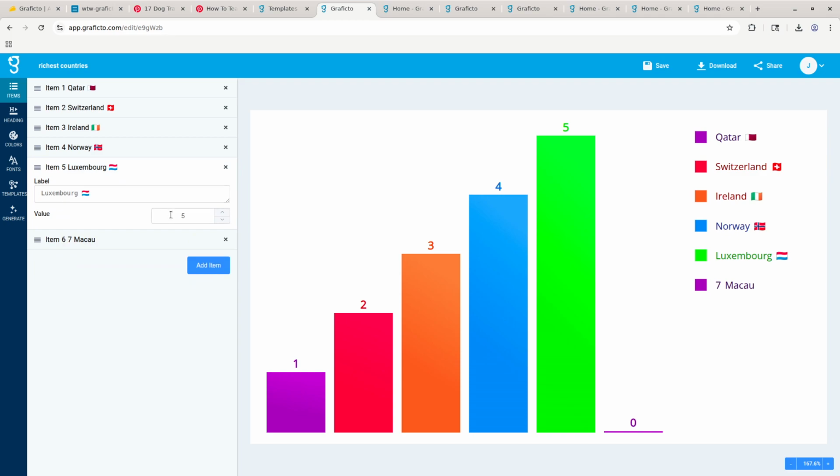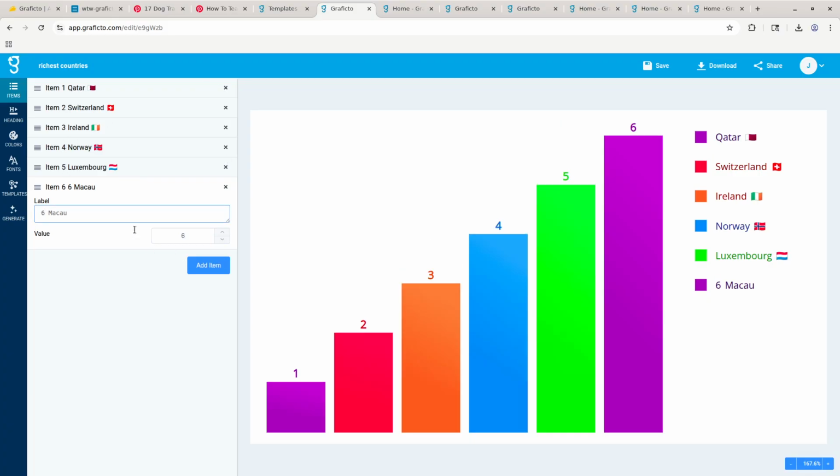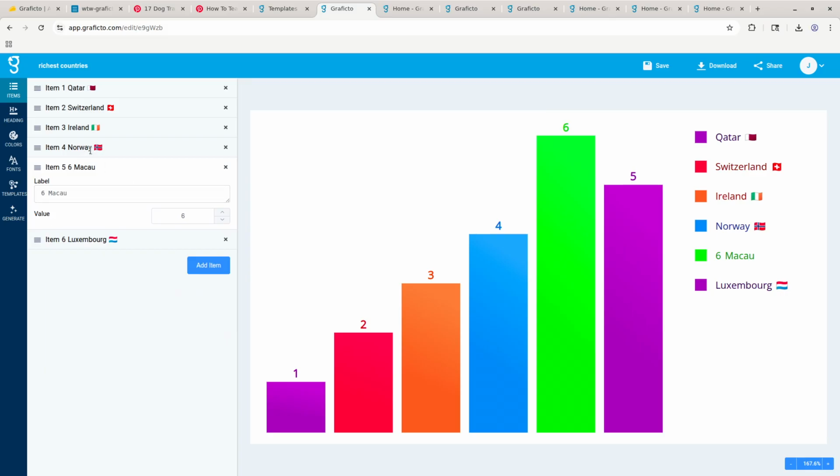So let's say I said Luxembourg's value was 5, so maybe Luxembourg is the highest. I don't know. But let's say that Macau is the richest. It might be. Macau is very small. I've been there, but anyway, I know sometimes it's considered one of the top. So anyway, this is one way we could have made an infographic,